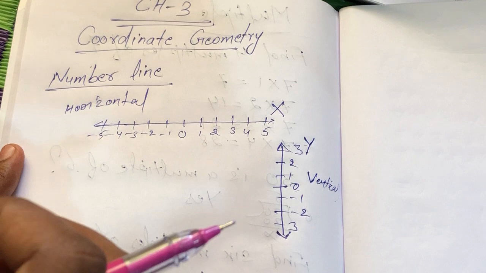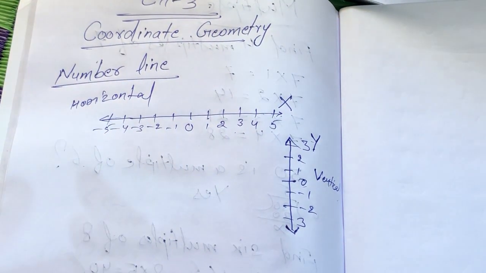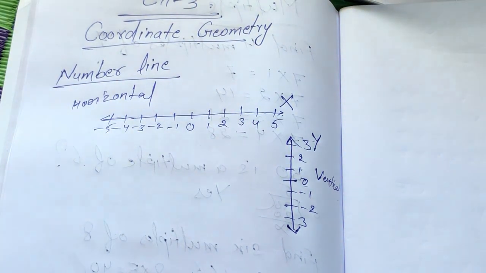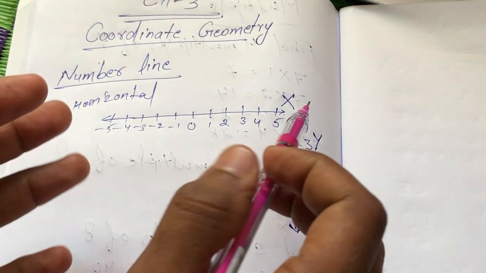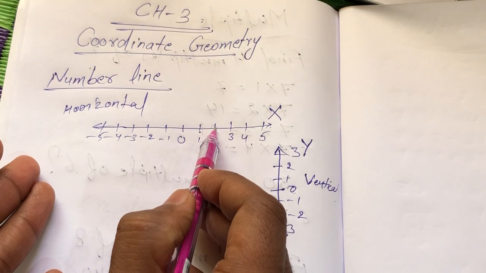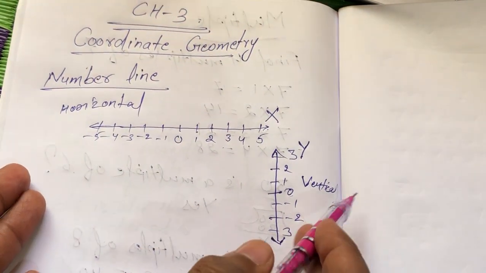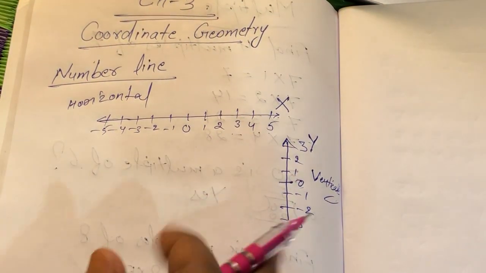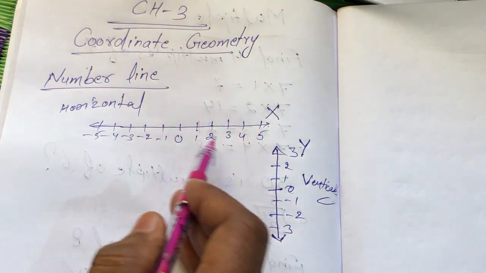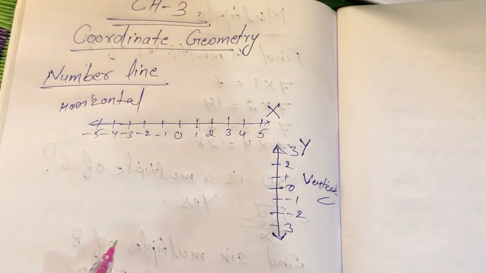So what if I add both the lines? What if they intersect each other at the origin? Origin is what? At 0. Just think about it. This is the number line on which you are representing integers horizontally. This is the one on which you are representing vertically. What if I intersect these lines at a 90-degree angle at 0?